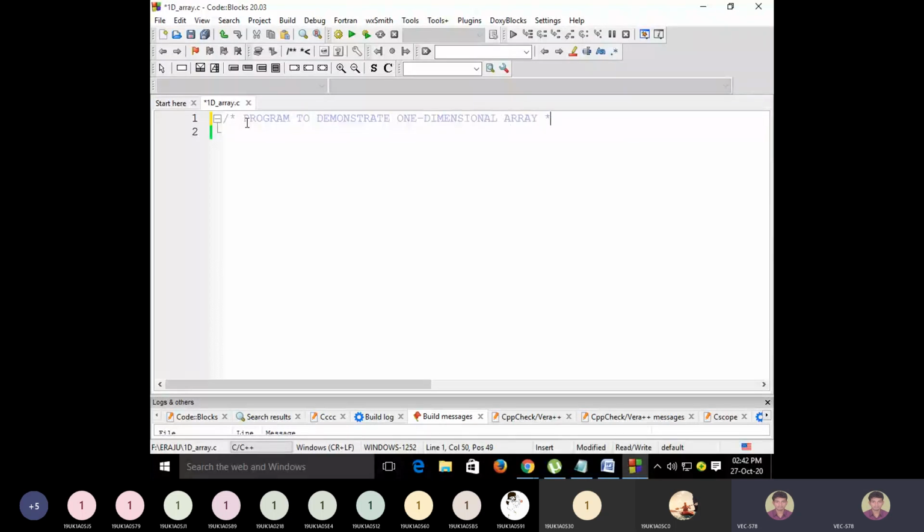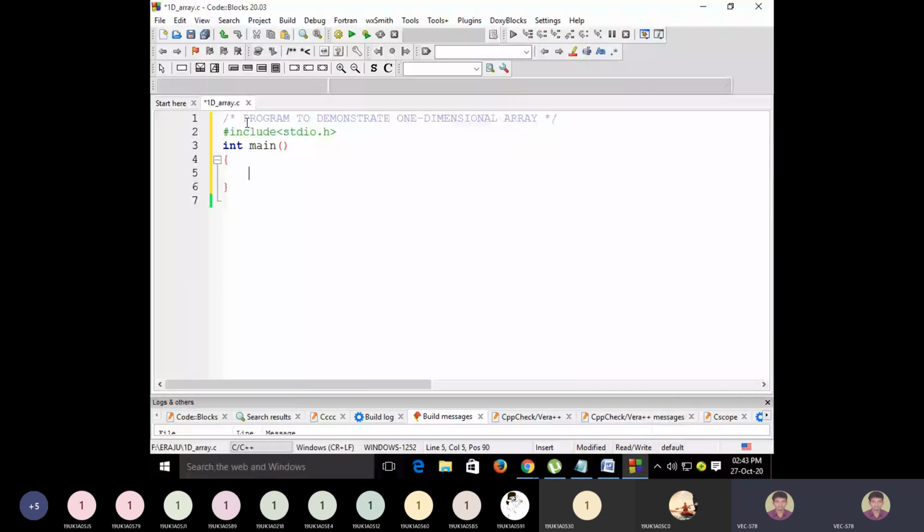Okay, so now how it can be used in a program. The first line that has to be included in your program is the header file. Okay, so include the header file stdio.h. Write the main function, then begin the main. Okay, so here I would like to store ages of all the students in a class.